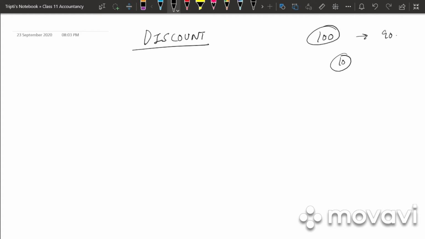While I was explaining you the third chapter, I have already explained you there are two types of discount, that is trade discount and cash discount. Trade discount is a discount when you are purchasing the goods and immediately you get the discount. Say for example 10,000 के goods purchase किए and the seller gave you 100 rupees discount. So whichever is done immediately is a trade discount.